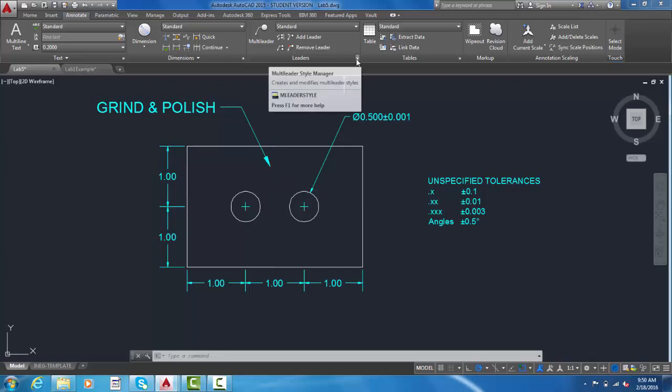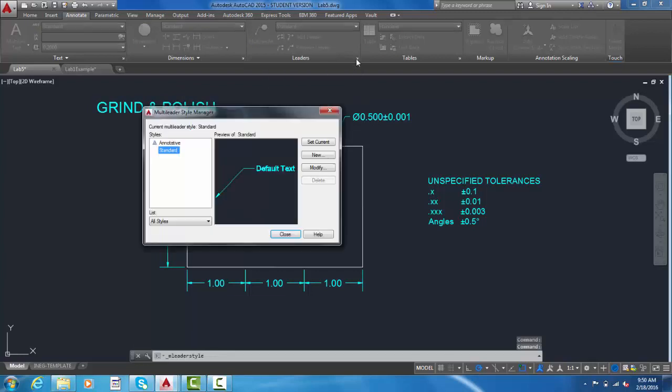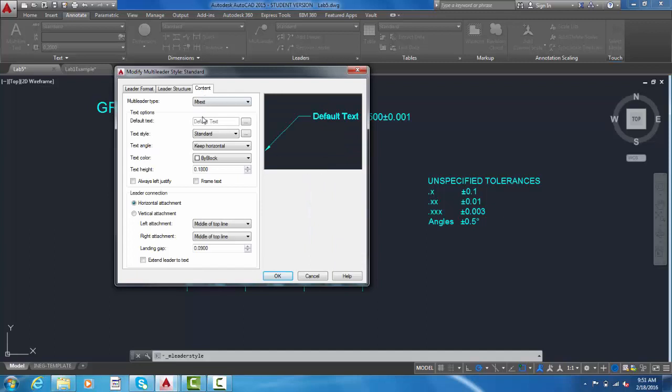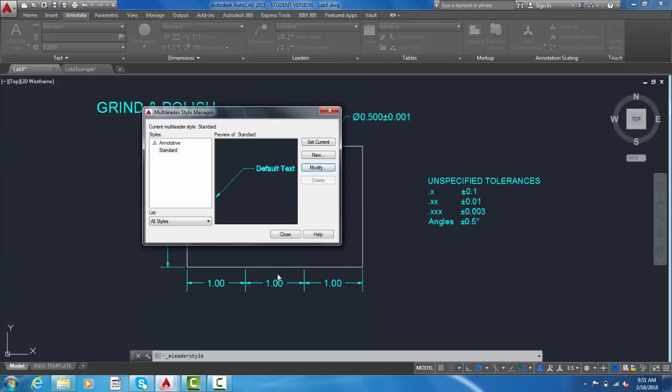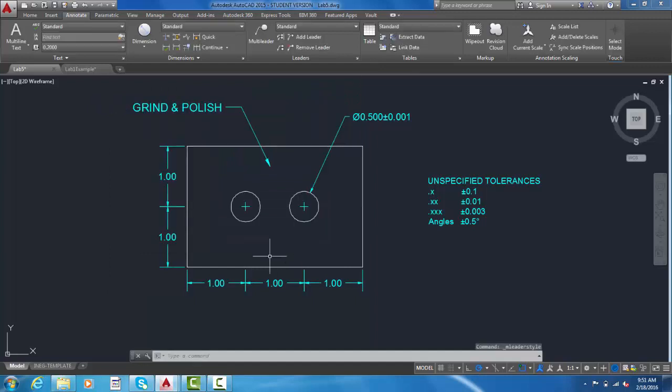So we can go into our leader styles, and we can do the same thing. We can modify our leader style. Things are in a little bit different place. Under the leader structure tab, there is a scale. So we had 0.75 for our dimension scale. We'll go ahead and put 0.75 in for our leader scale. All right, so things got a lot better,